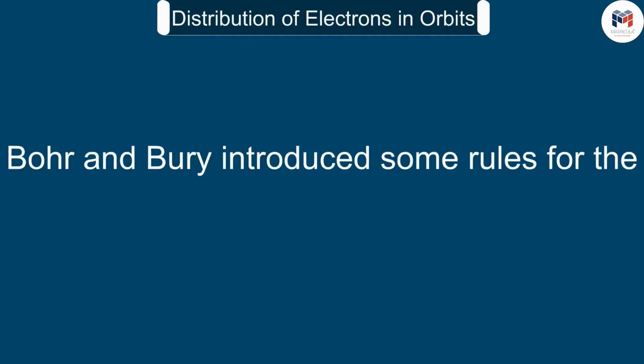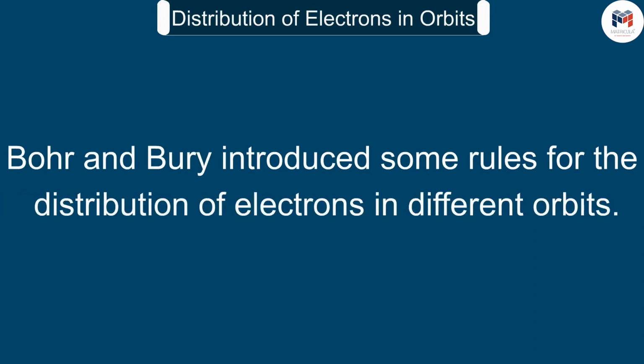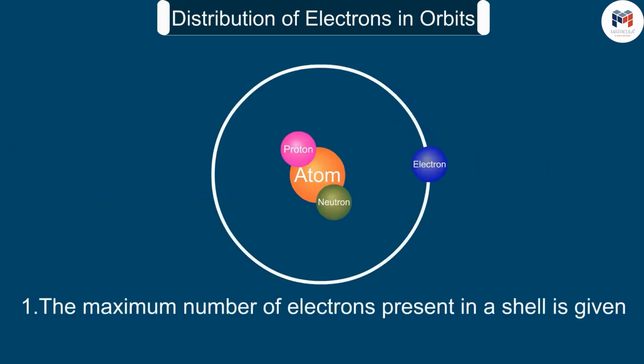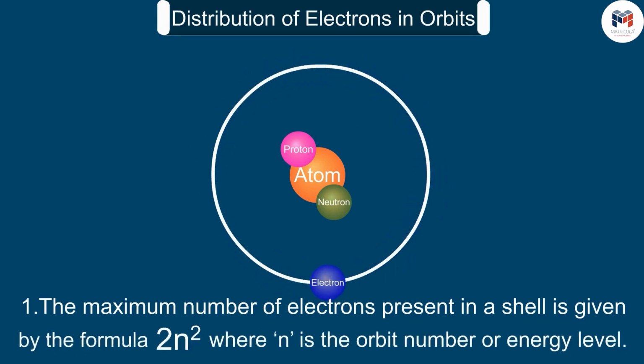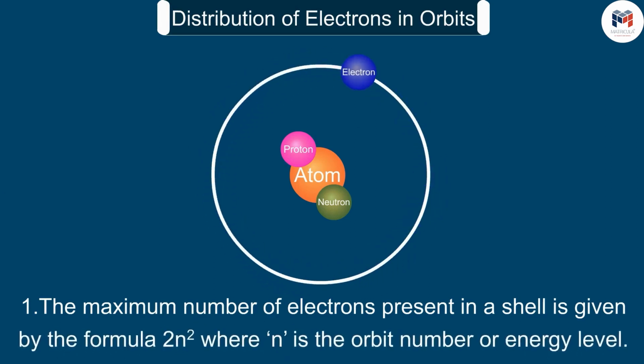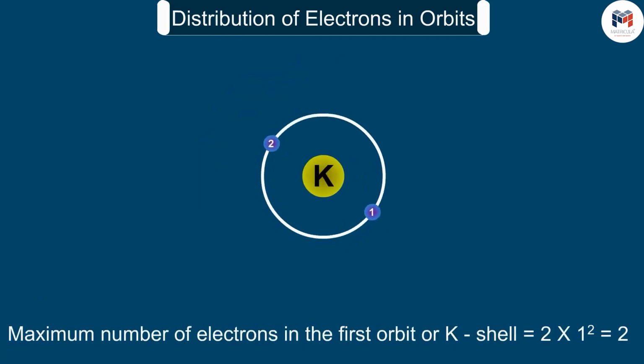Bohr and Bury introduced some rules for the distribution of electrons in different orbits. 1. The maximum number of electrons present in a shell is given by the formula 2n square, where n is the orbit number or energy level. Therefore, the maximum number of electrons in the first orbit or K shell is equal to 2 into 1 square,